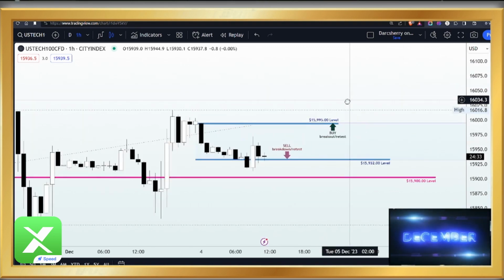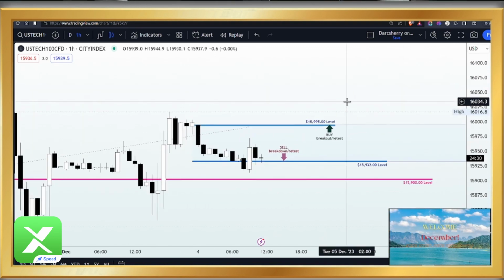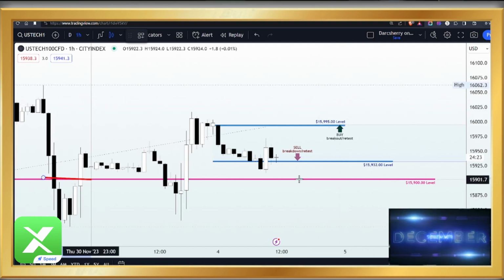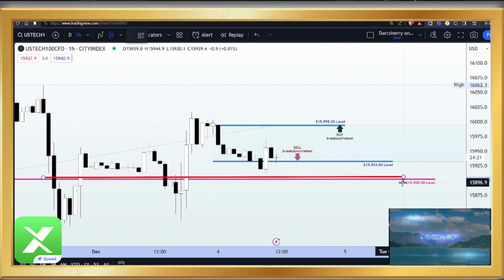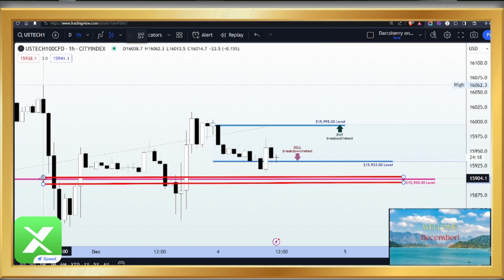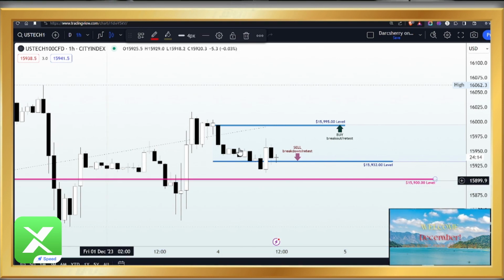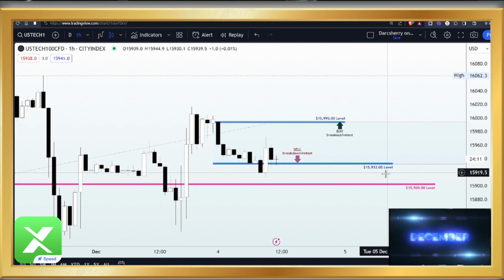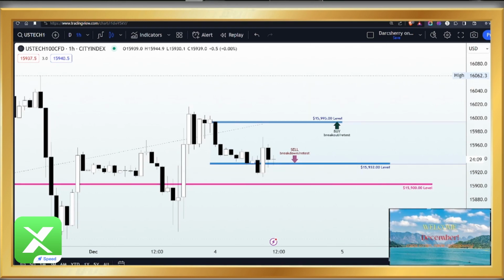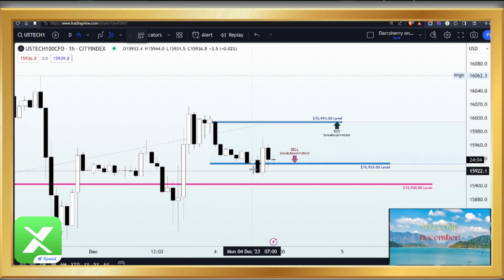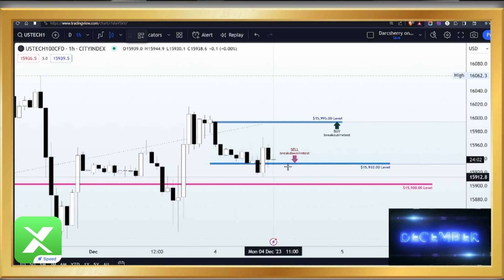Now, what I saw here on the 1 hour time frame while trying to dissect the current market structure was quite interesting. But first of all, remember the key level at the 15,900 still remains very intact, and price still remains above that key level, which of course will make us want to still consider buying this asset. Now, besides the key level is the fact that price action has been confined within a range for the first 12 hours of this week,